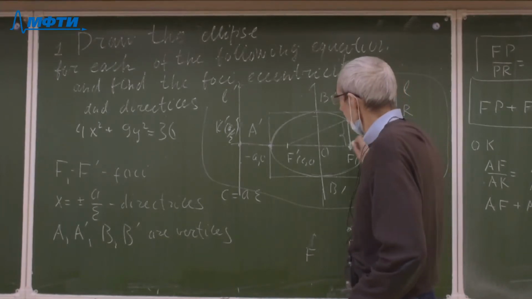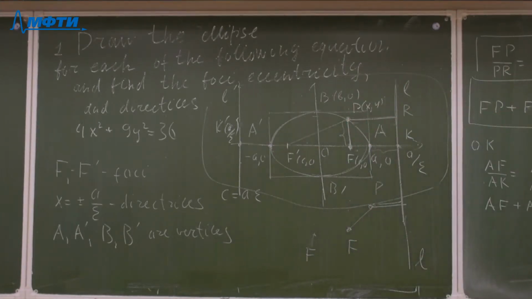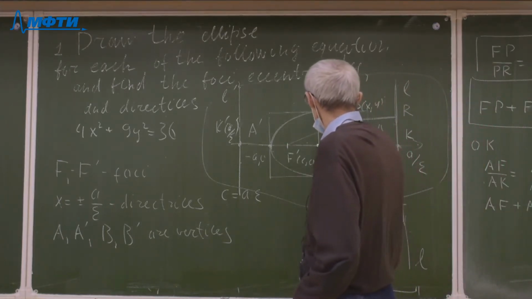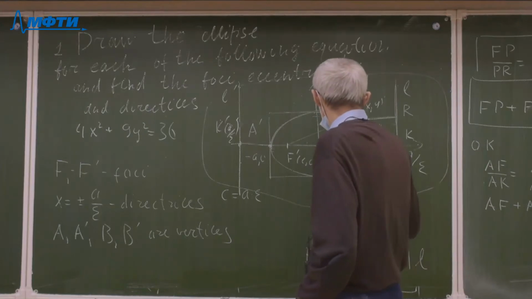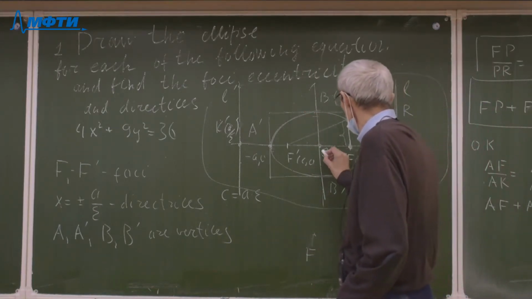Both points A and A prime are points of our curve, the ellipse. And after that, we consider the middle of the segment A prime A, the point O,